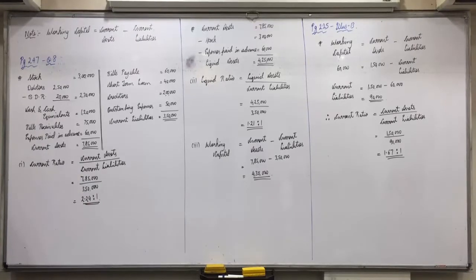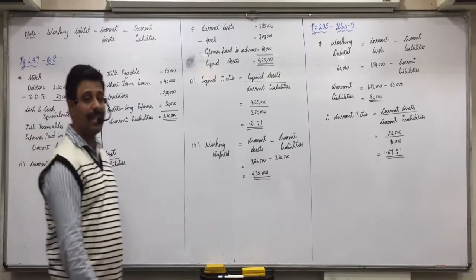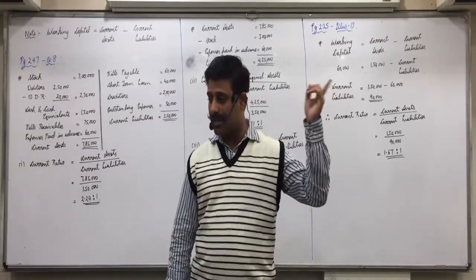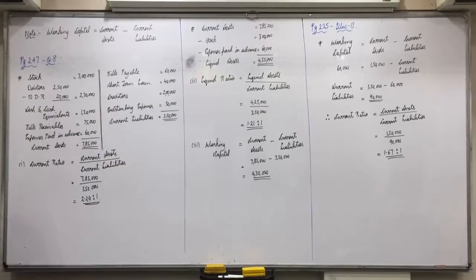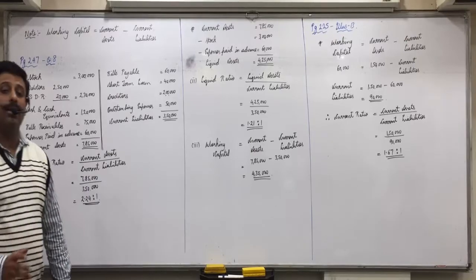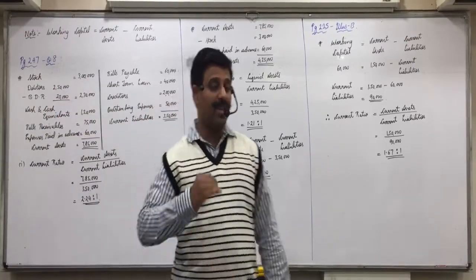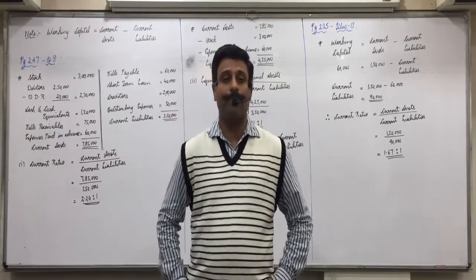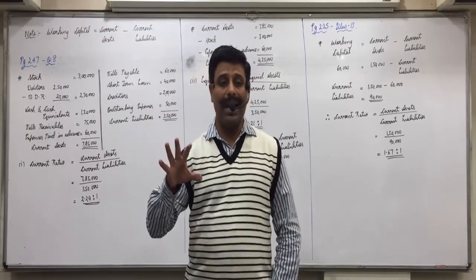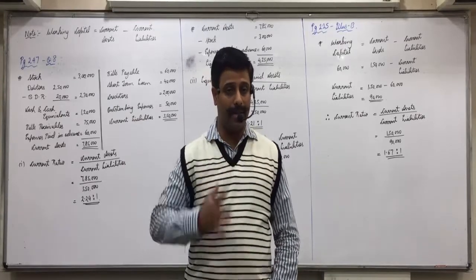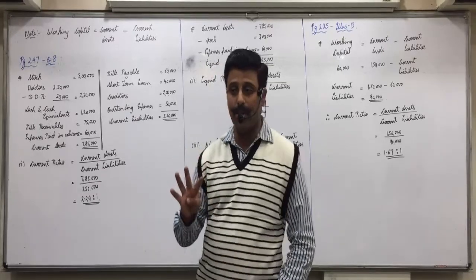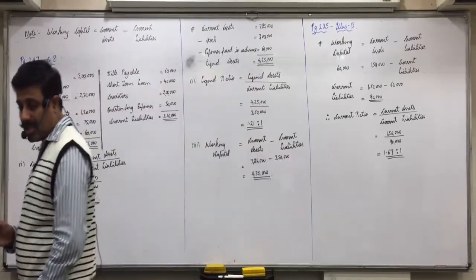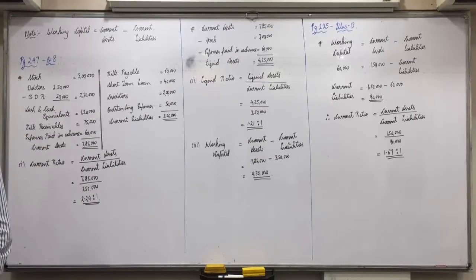Now we take up the next category of ratios. Solvency ratios. This was short-term solvency. It shows whether in 1 year we'll be able to pay the money or not. And solvency ratios indicate long-term solvency. After 1 year will we be able to pay the money or not. All the 4 ratios, I discuss the concepts first. Then we will write it. If you take out the summary in the beginning, you'll find 4 solvency ratios I make you write. Debt to equity ratio, assets to debt ratio, proprietary ratio and interest coverage ratio.